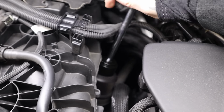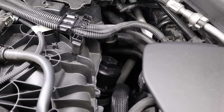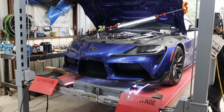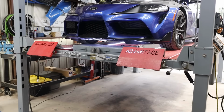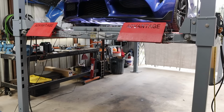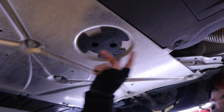Removing the oil cap and the oil filter housing just helps ensure that I'm draining out all the oil from the engine. It basically removes that vacuum and allows things to drain all the way out. Now, naturally, we will have some left over in the filter for sure, but we want to get the most accurate reading as possible. Now, underneath the car, kind of cool, we got this little access panel to get to